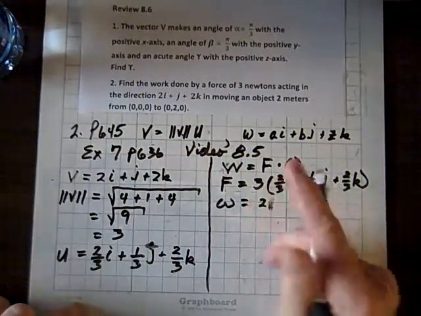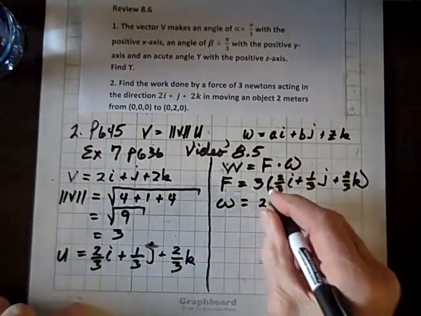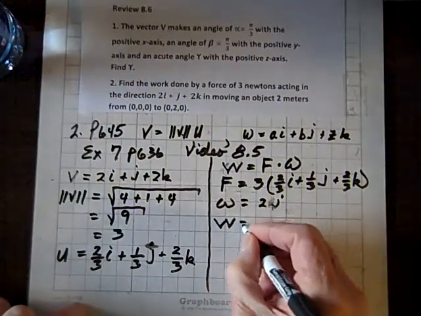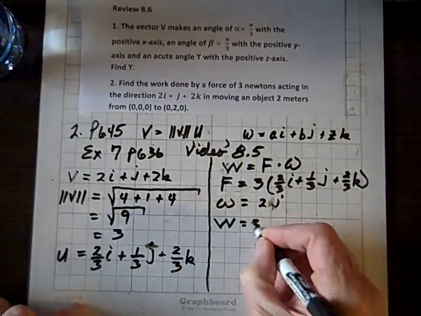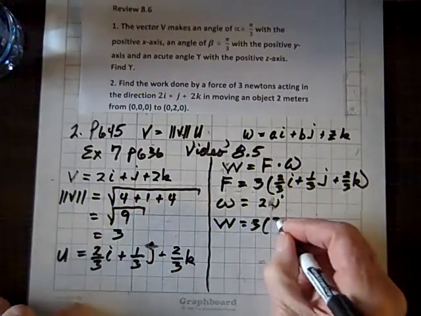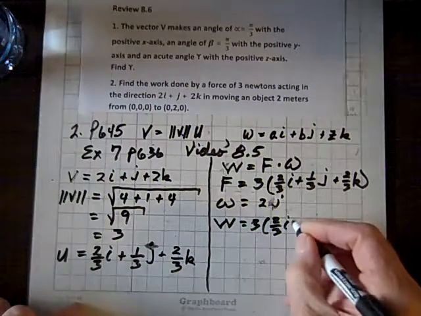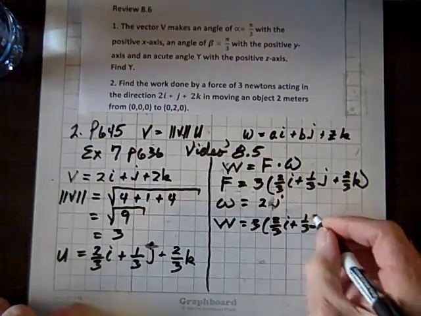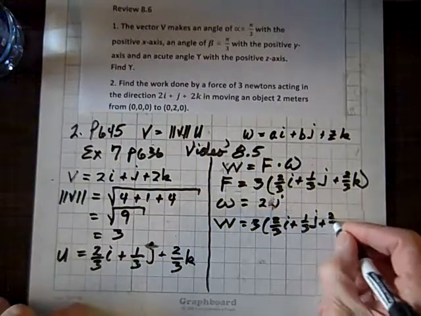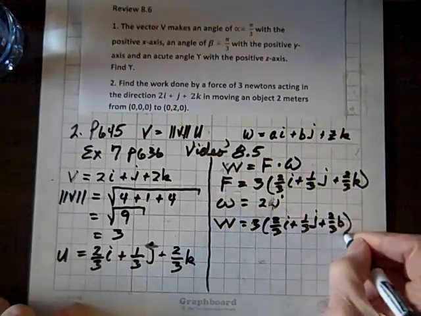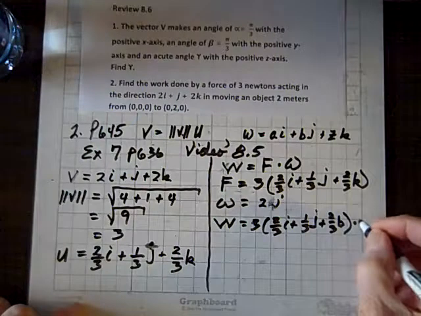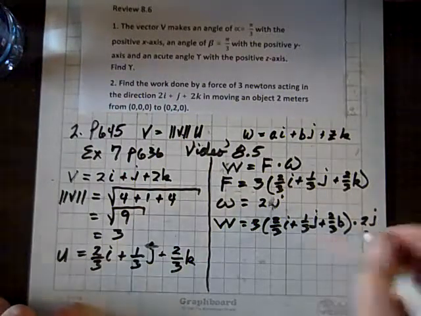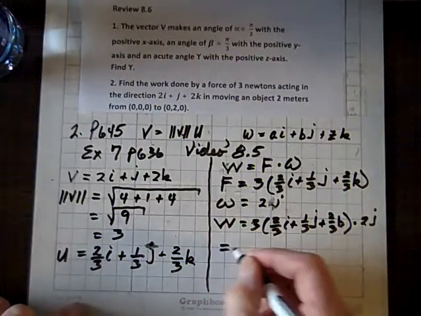Okay, so then our work equals 3 times 2/3 i plus 1/3 j plus 2/3 k dotted with 2j, which equals